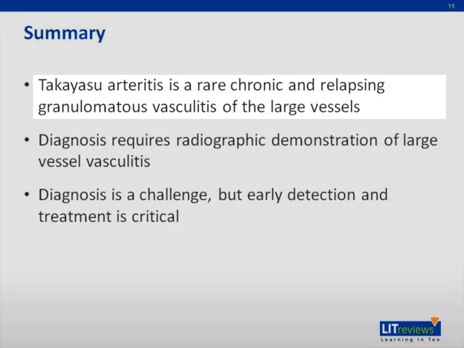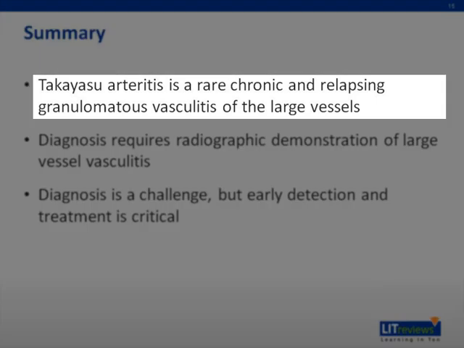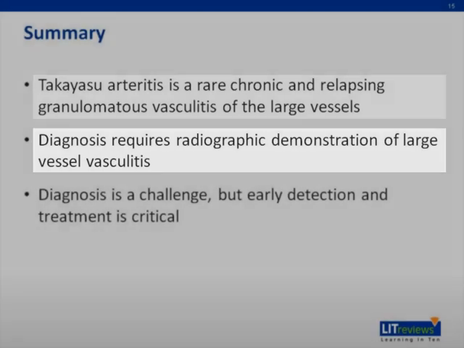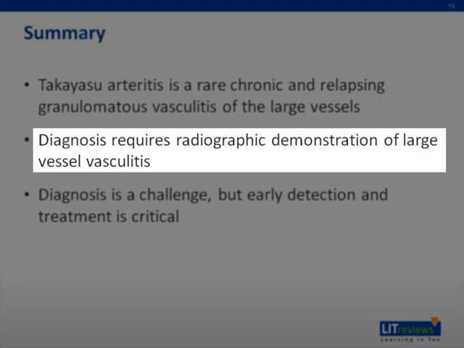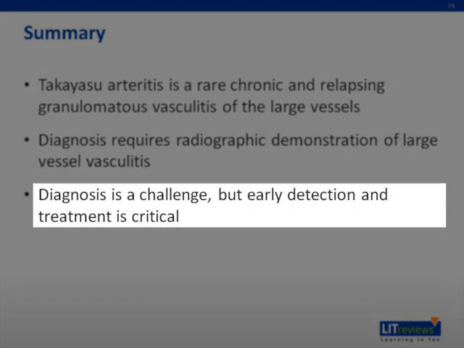In summary, Takayasu arteritis is a rare chronic and relapsing granulomatous vasculitis of the large vessels. Diagnosis requires radiographic demonstration of large vessel vasculitis. Diagnosis is a challenge, but early detection and